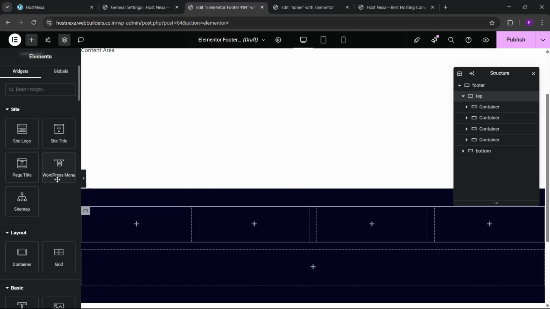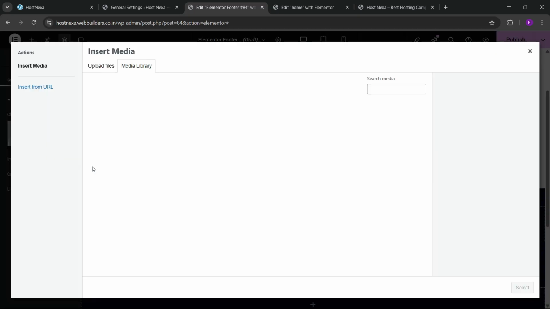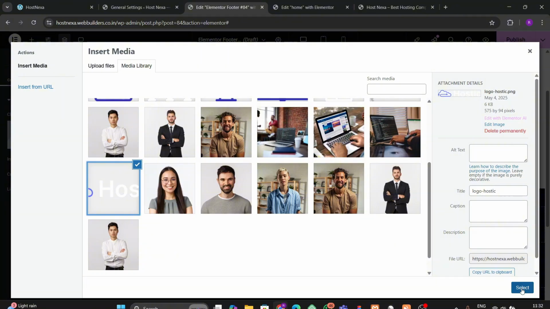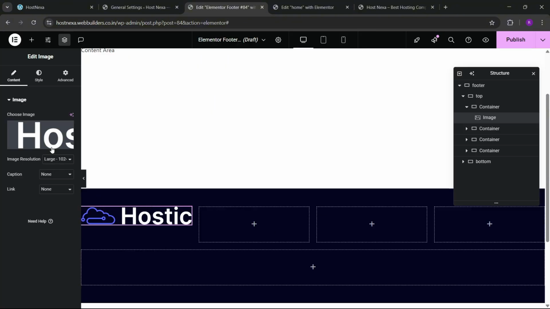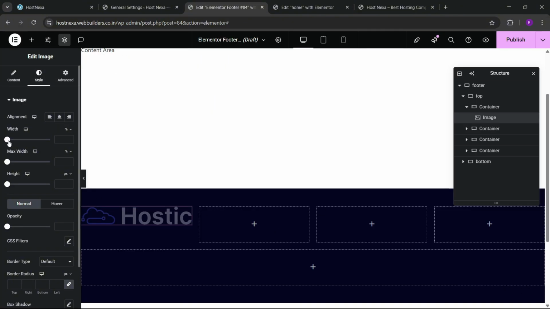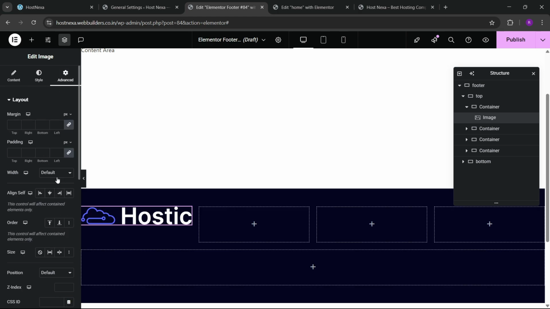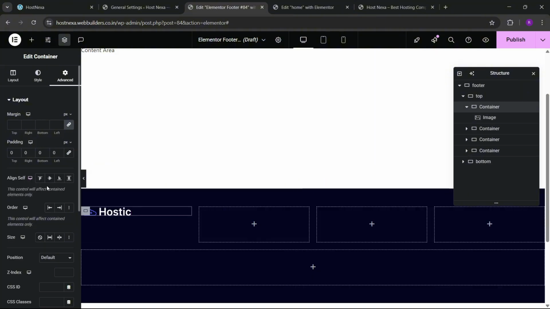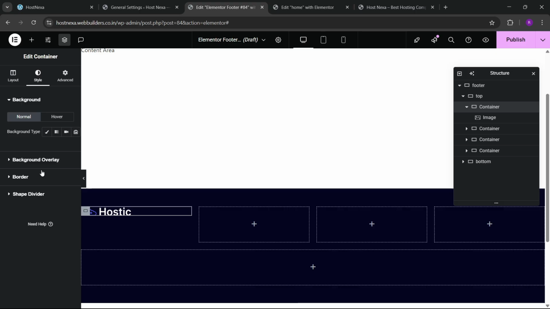Okay, so now we can add here image. So this image is the website icon logo, means the website logo. So we can play with these sizes. So we can go to sizes, and here we can make this like this. Here we can have a custom width here. So let's add a custom width of this. Let's keep this 45. Okay, and here we can make this